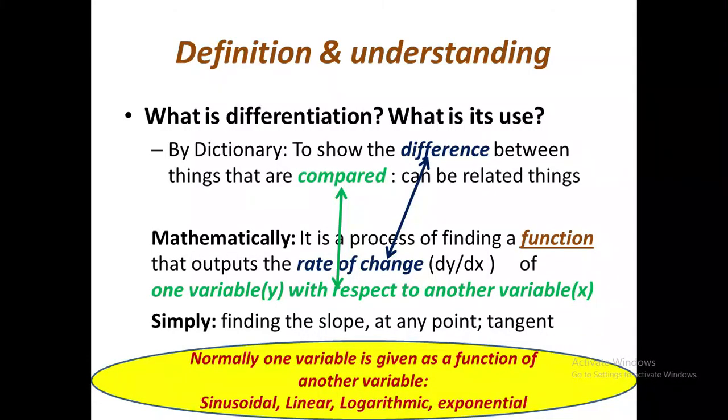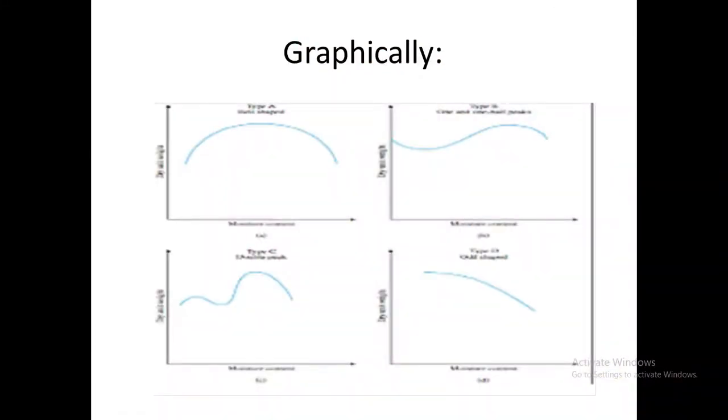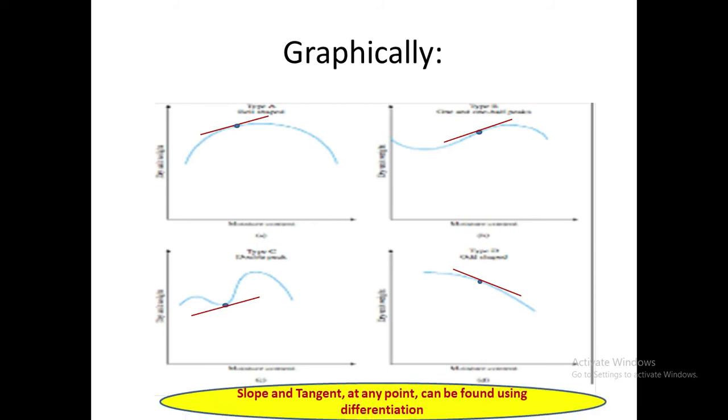In differentiation, what do we do? If we can get this concept clear, the rest becomes easier. So let us just see graphically. Let us take points in each of the kinds of graphs. I have put some examples and you find the tangent for it. This is what differentiation is used for. We find the slope at any point of the graph. Okay, so now let us get to finding the slope. How to do it?